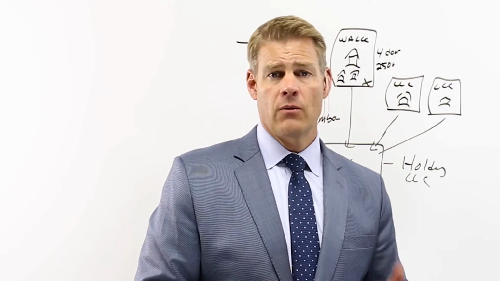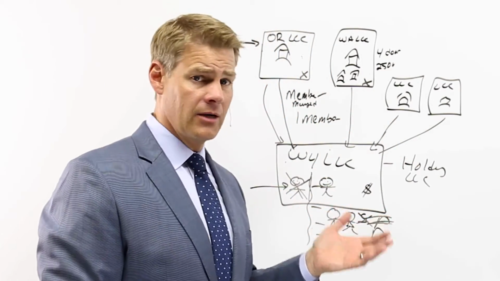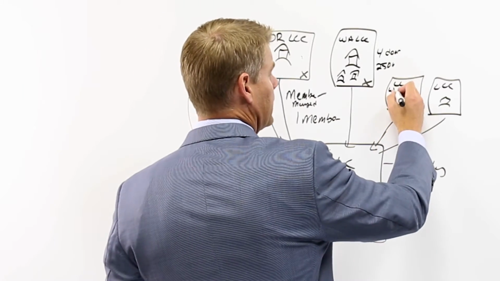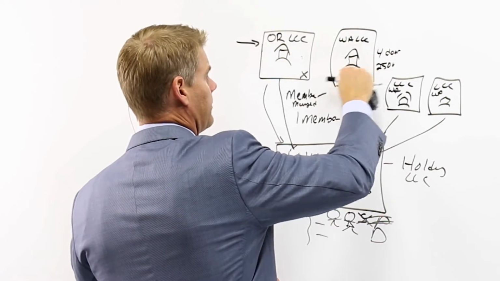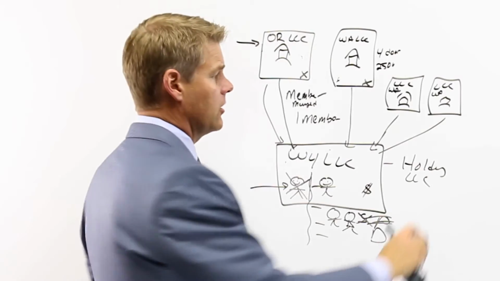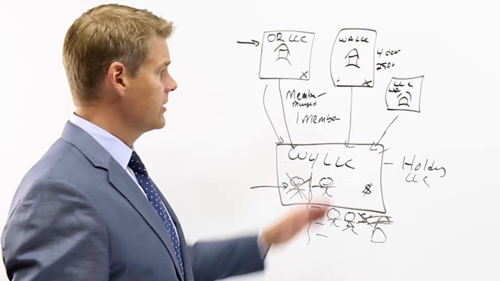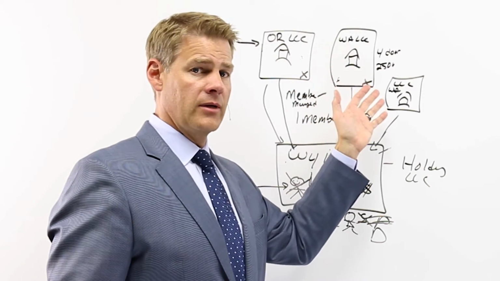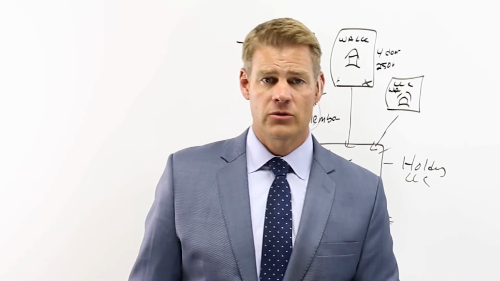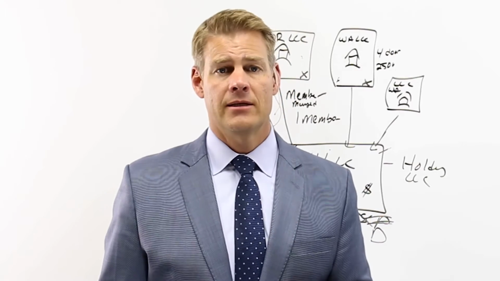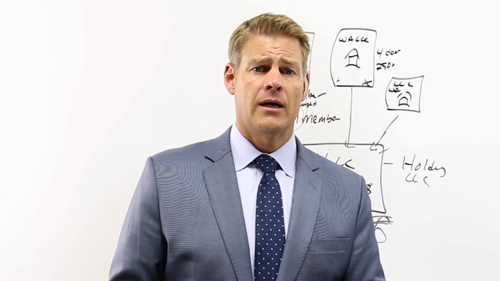And so for most clients now, when I'm sitting down with them, my first go-to is telling them, hey, if you've got 3 properties in Washington, you've got equity, you want to protect that stuff, you need to create 3 Washington LLCs. Hold 1 property per limited liability company. So if anything happens, the only thing you stand to lose is that 1 property, and the other ones remain protected. Because there's nothing an attorney would like better than to go after an LLC that has a lot of assets in it. The more assets you have at risk, the more they know you stand to lose, and the more you stand to lose, the more likely you are to give them a juicy settlement. So keep that in mind when it comes to structuring.